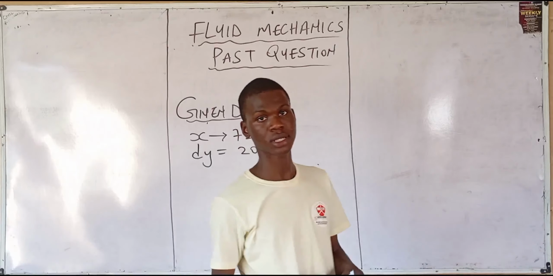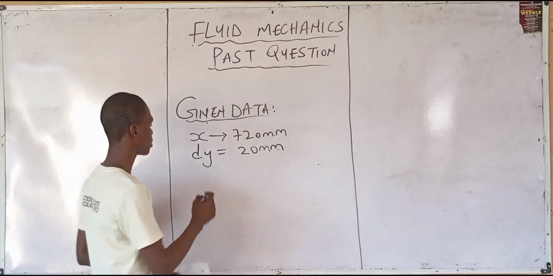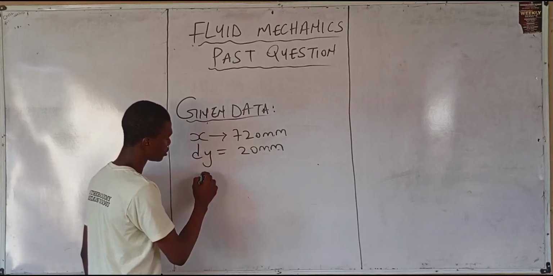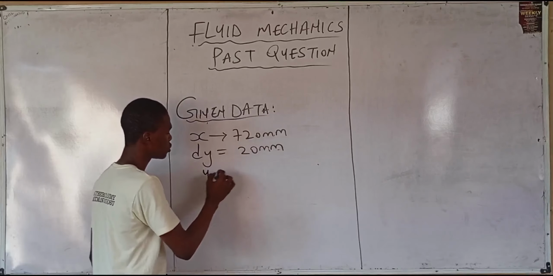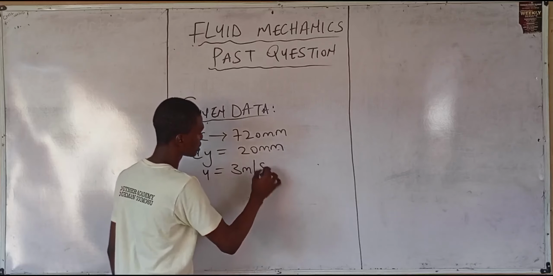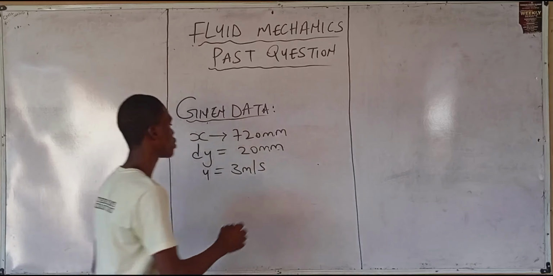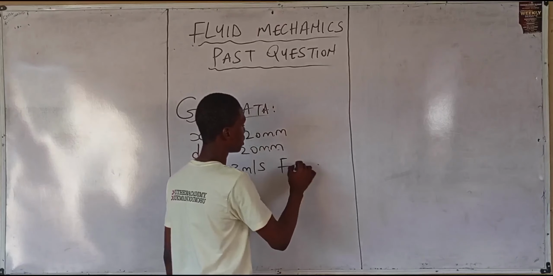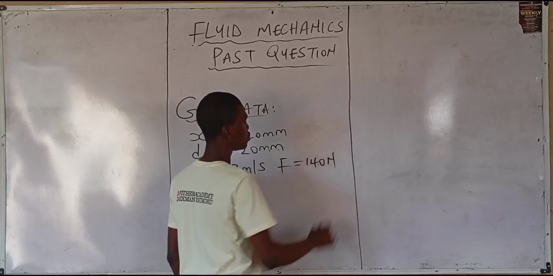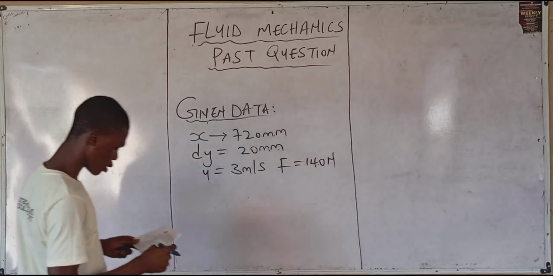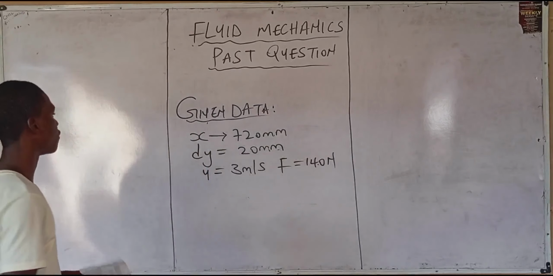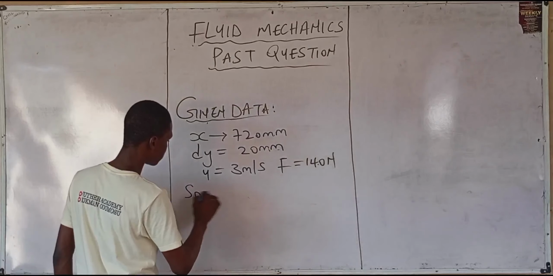We are given the velocity that drags the upper plate. Let's denote the velocity as u, 3 meters per second, and the force required to maintain the speed is 140 Newton. We're also given the specific gravity of oil,